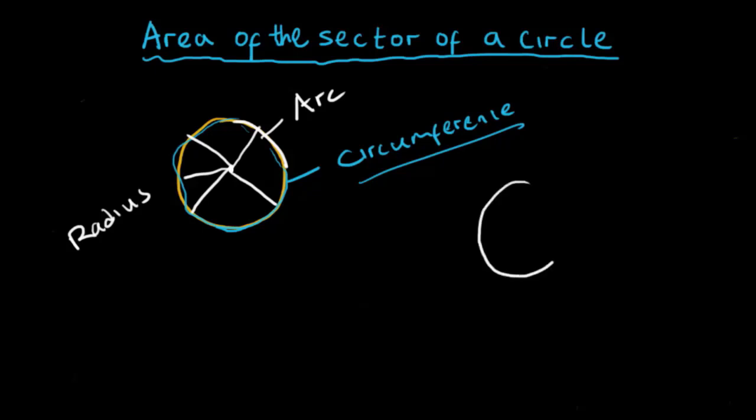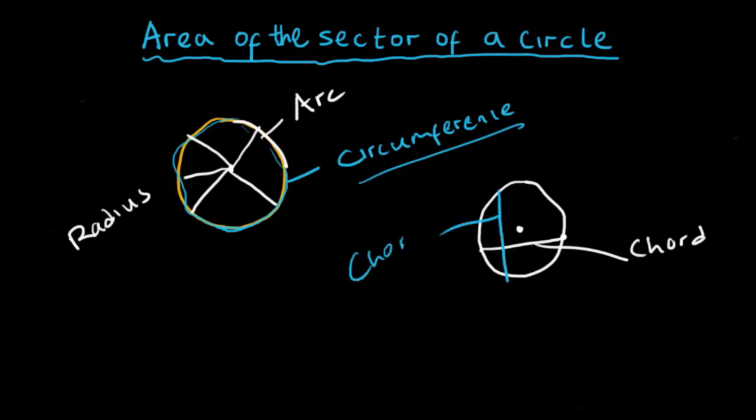Now the next thing I want to look at is what we call the chord of a circle. Let's say we have this circle here, and this is the middle. The chord is a line that connects one part of the circumference with another part. So if I have this part and a line that connects to this part, this is a chord. Does that make sense? It could be from any part to any other part. It could be from here to here. This is a chord. Anywhere, this could also be a chord. Just a line that connects a part of the circumference to another part of the circumference is called a chord.